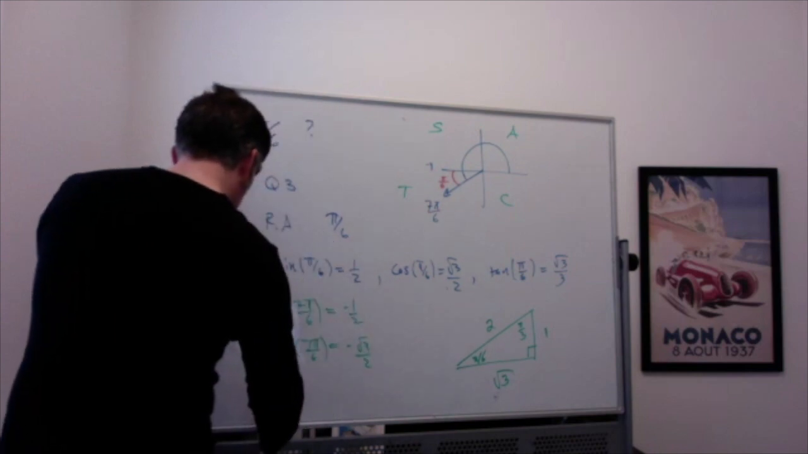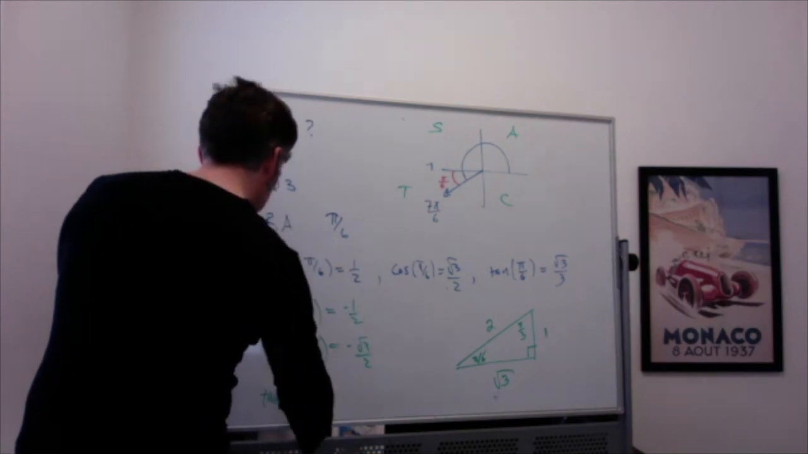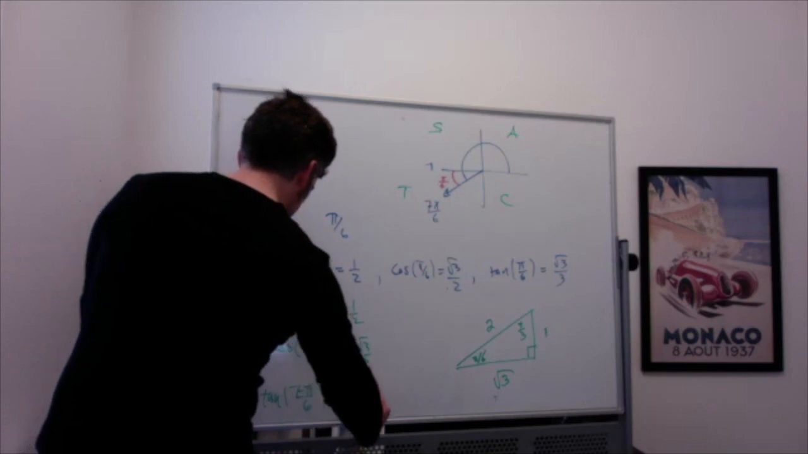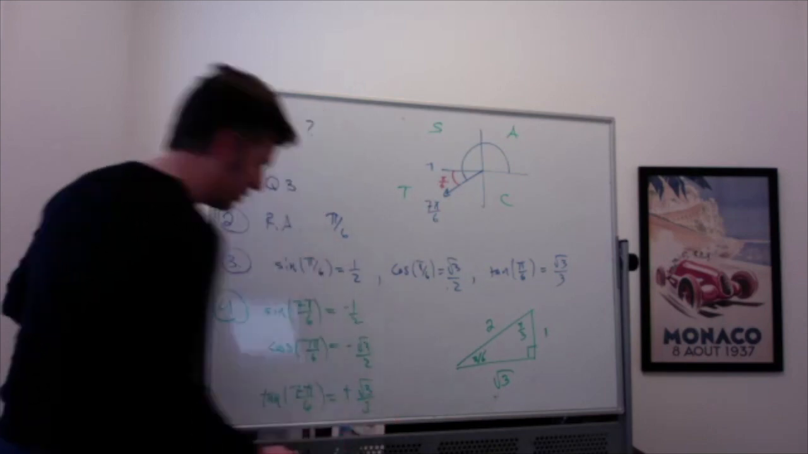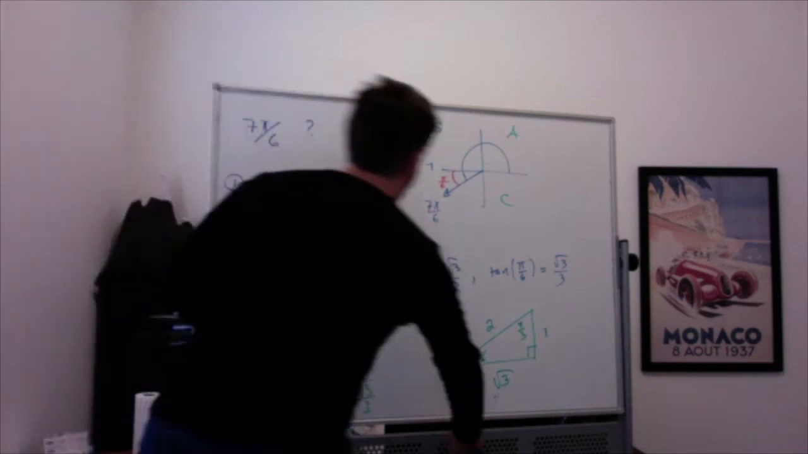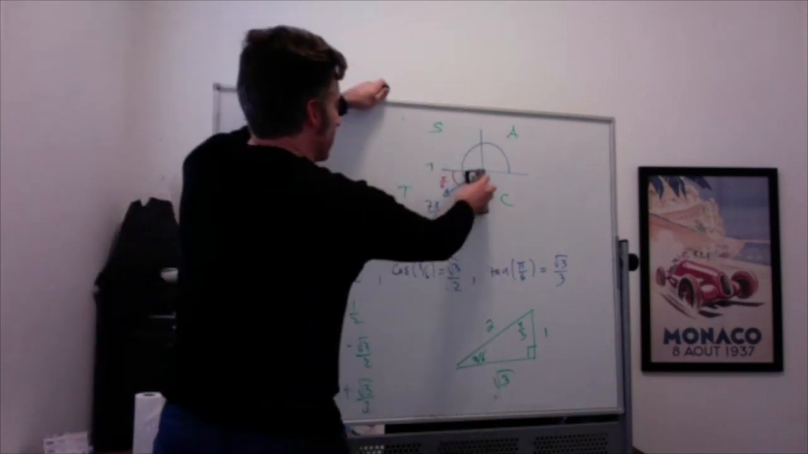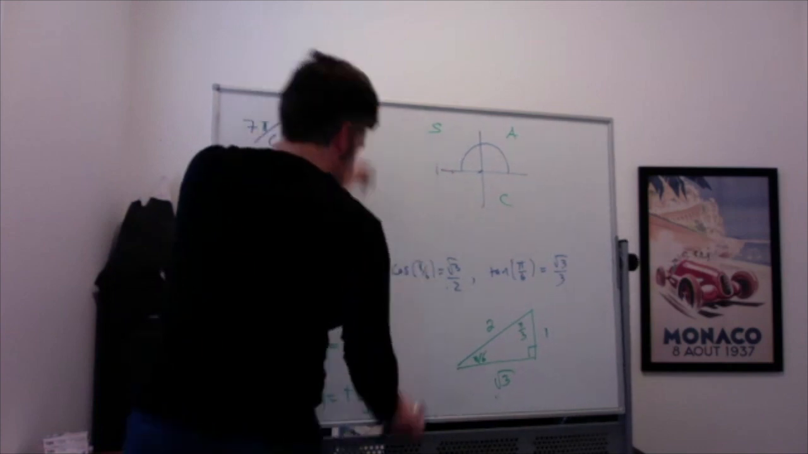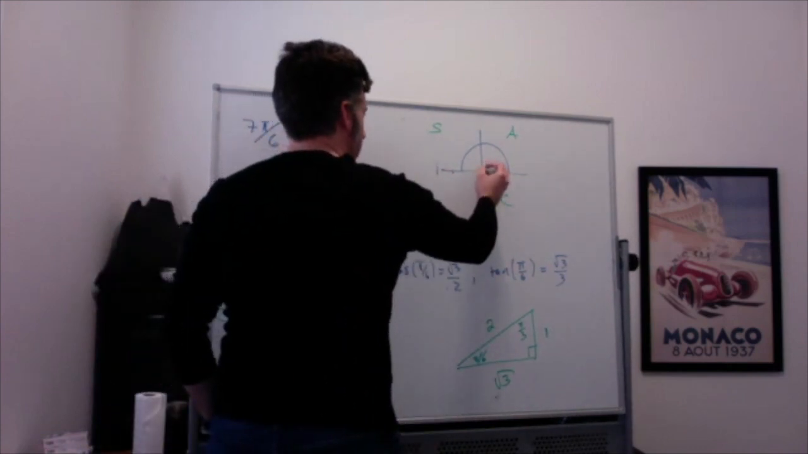And tangent of 7 pi over 6 must be positive root 3 over 3. And of course, you can just write root 3 over 3. I'm just writing positive to emphasize it. And to kind of expand on this just a little bit more, it's really because, right, I'm drawing this